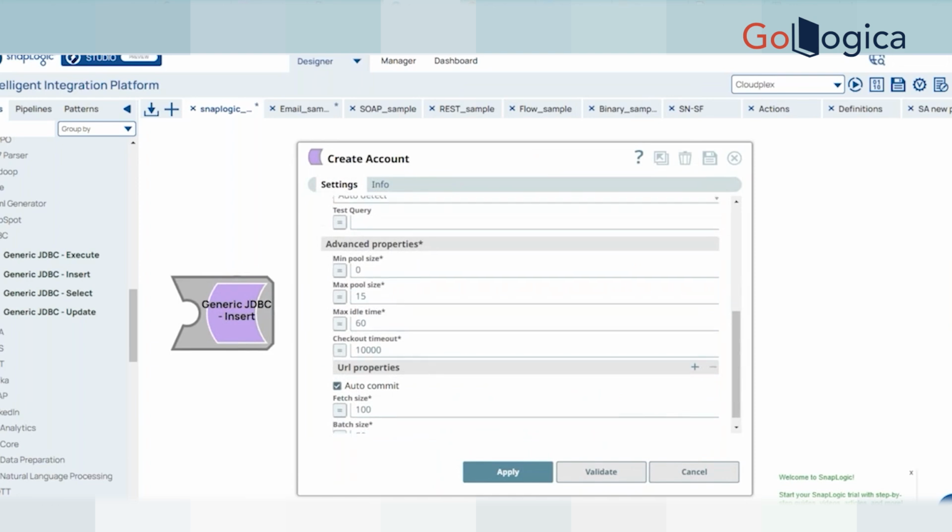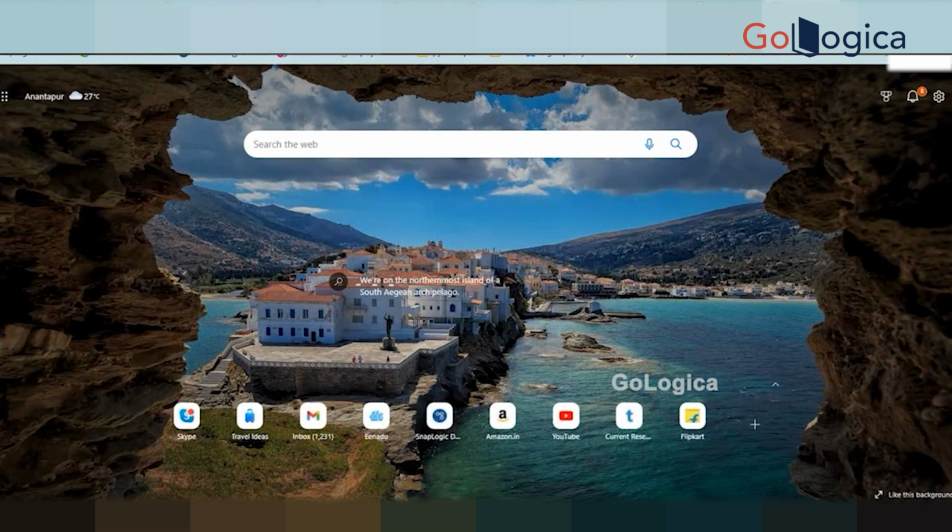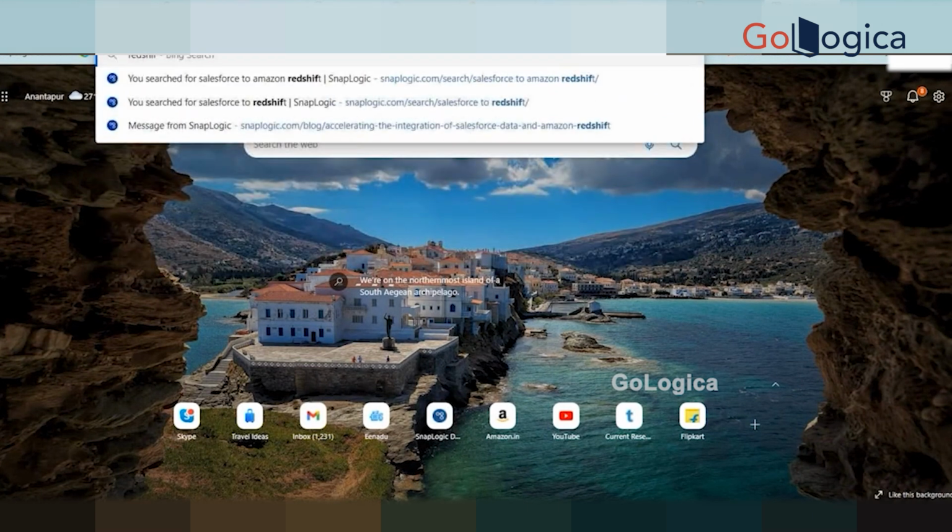The JAR file is open source, right? We can download it. For other platforms, we have to get the JDBC driver, then we can connect if it's JDBC. The driver file is open source. Let's say you want a Snowflake driver: go to the Snowflake website and download it from there. If we want a Redshift driver,